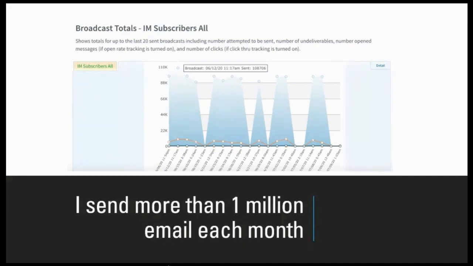So just try to conceptualize this, right? If you don't have software that automates all of this, how are you going to send out 1 million emails a month? How are you going to automate the entire process? Even if you want to do it manually, it is impossible. It just doesn't work at all. So now you understand where I'm coming from.